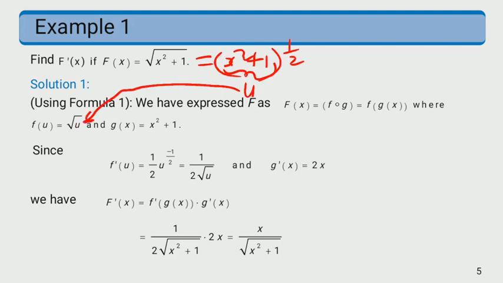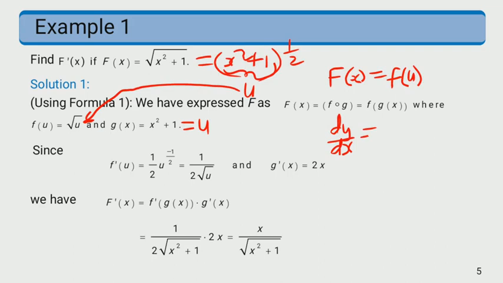So once we have done that, it means we can rewrite your f. Once you have let the inside term be u, you can rewrite f of x as, instead of f of x squared plus 1, just f of u, the small f of u. So we can even think of u as nothing but g of x here. So remember the chain rule. The chain rule says if you are looking for dy dx,